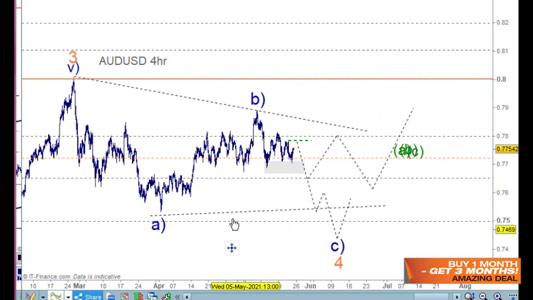So I don't know the answer to that yet, but breaking new highs here would bring us back to our original count where we've got this as wave 1 here and wave 2 sitting here for this. So nothing to do there, really, just to wait and